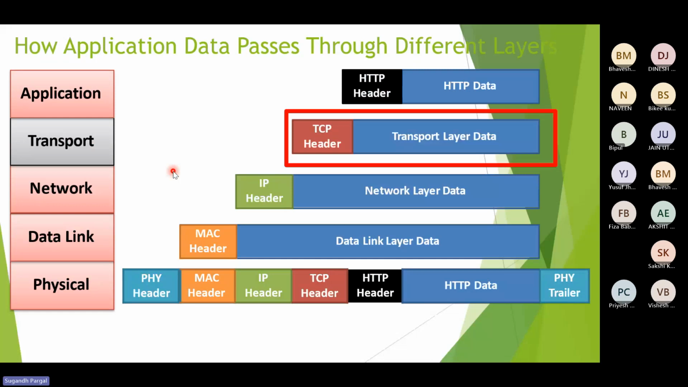So how does the application data pass through different layers? We have studied that the application layer is the layer which obeys different protocols for end-to-end communication, that is, the applications on end devices. So these are the applications at the end devices, and how these applications interact with the OS. These are the protocols which are followed by the application layer. For example, if you are following the HTTP protocol, the application layer has the HTTP data and a